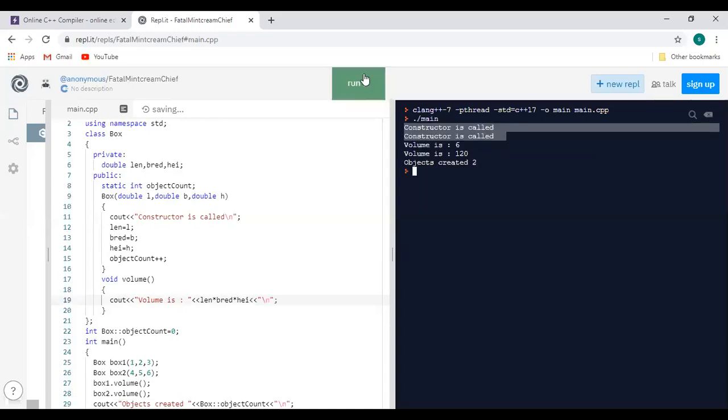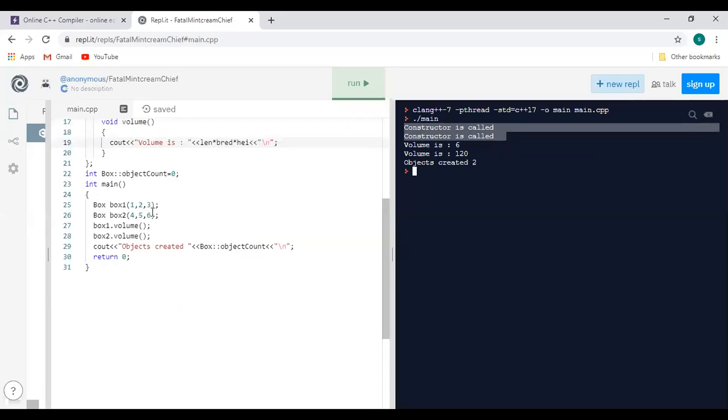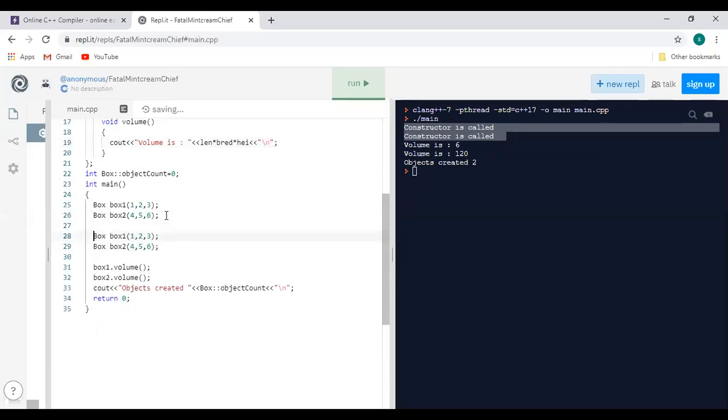Up to this, clear, everyone? Now suppose we create one more object of this class. I will just copy this code and paste it here, and I will write box3 and box4, and change all the values to 40, 50 and 60.